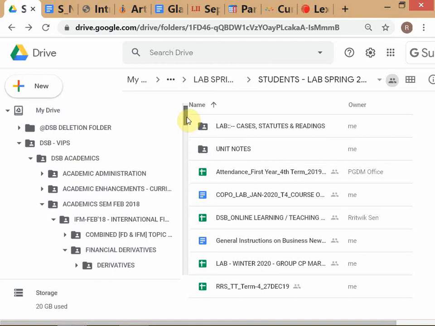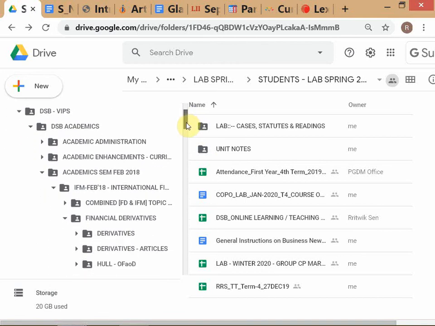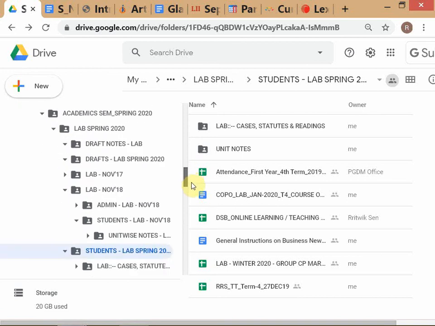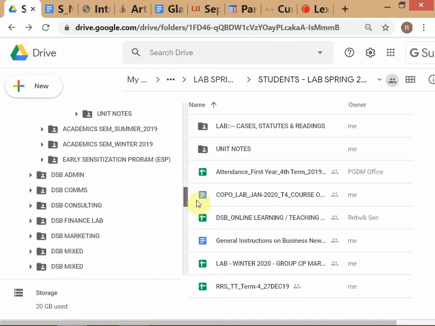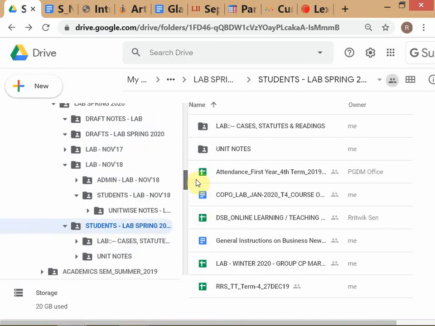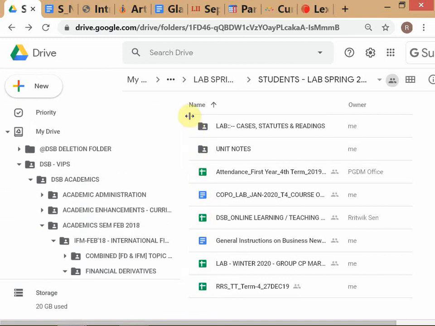So I do everything in Google Drive. I don't even have anything offline unless I have to. Now one of the categories is DSB VIPs. Okay, so there is everything related to D, and then later on there are some other categories which you can see very low down. I mean, all DSB admin. After that, maybe ebooks by subject is another category. So DSB VIPs and ebooks by subject is on the same level. Are you following what I'm saying? Are you guys following?